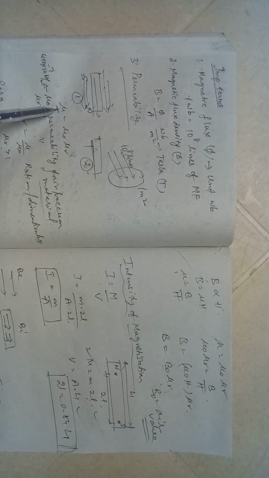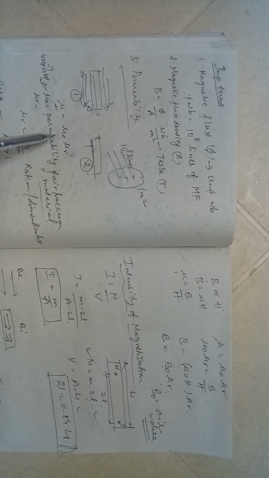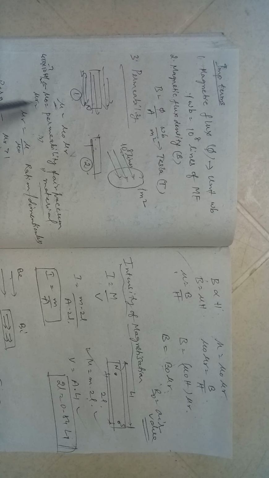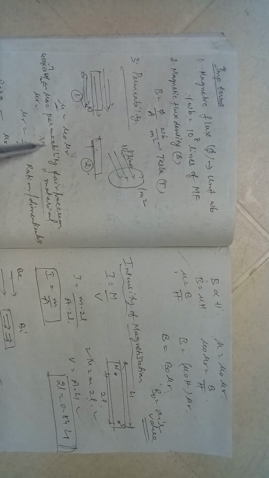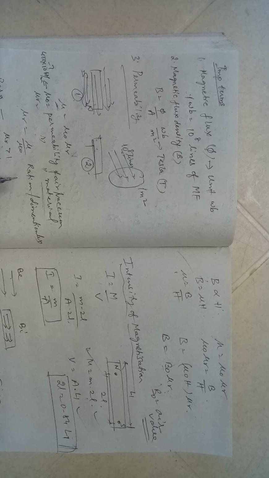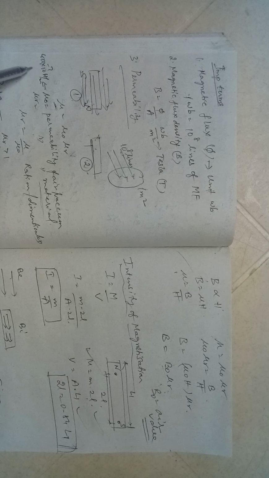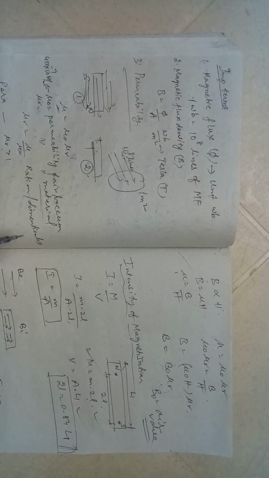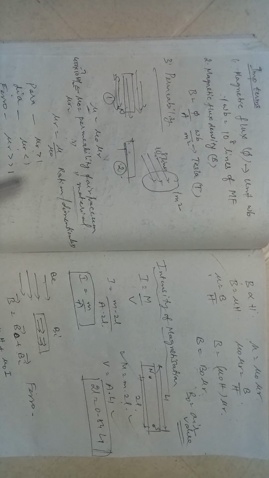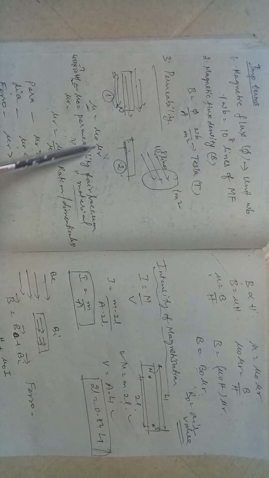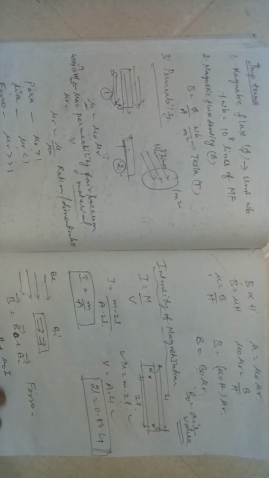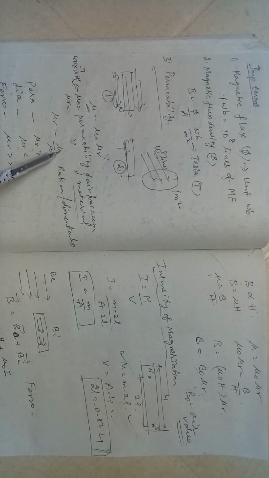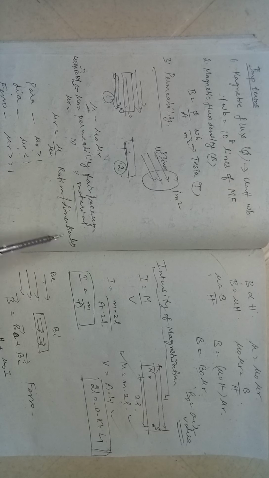Mathematically it is shown by mu. Mu is equal to mu 0 into mu r. Okay. Mu 0 is defined as permeability in air or vacuum, and its value is 4 pi into 10 power minus 7 Henry per meter. Suppose you are taking some other medium, other material, so there the relative permeability of the material will come into the picture. So you can see here mu r is the ratio of mu and mu 0. So it's basically a ratio and it is dimensionless.